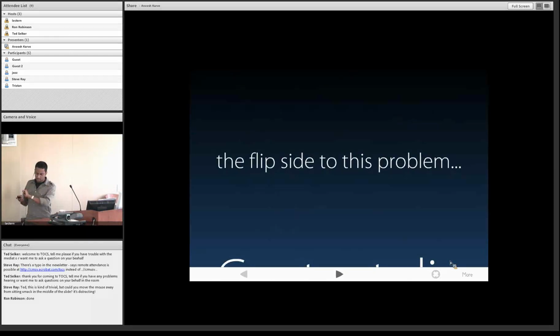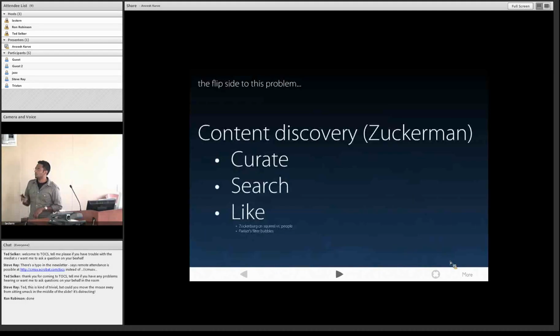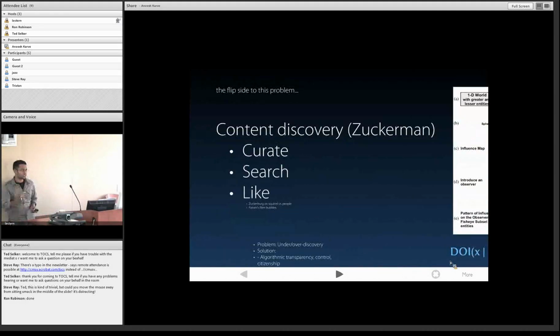So the flip side to this problem, and I think a good place to stop because I have a live demo I'd like to do for you, is the content discovery problem. The other side of oversharing and undersharing is overdiscovery and underdiscovery. And I'd like to borrow from Ethan Zuckerman's talk from CHI 2011, and he made this observation, that in general, there are only three methods that we can use to discover content. So the first is purely curated content, and this is how the New York Times works. The Times decides what needs to be on the front page, and the Times is taking an editorial view of things and says, these are the things you need to know, and ranking them in order of importance.